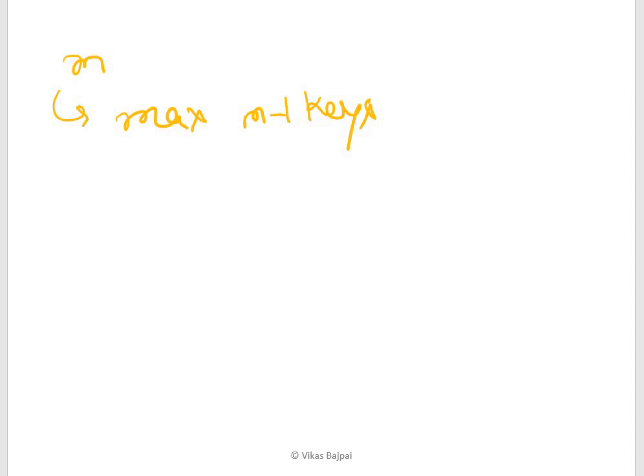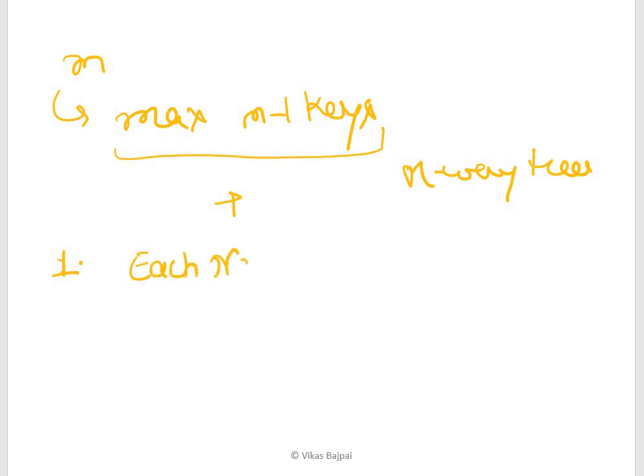So all the properties of the M-way trees plus some additional properties of having at most m children. That means each node will have a maximum of m children.